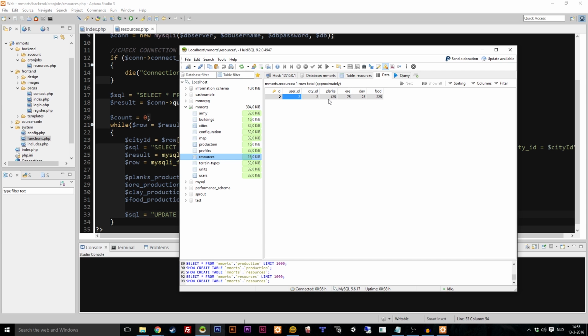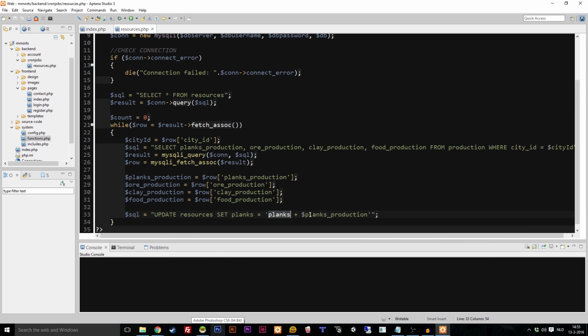So basically we are doing 125 plus the production, which is 60. So the result should be 185 when this thing is run. And if you run it again, it's 185 plus 60 is 245, etc. So this should work. So let's also do this for